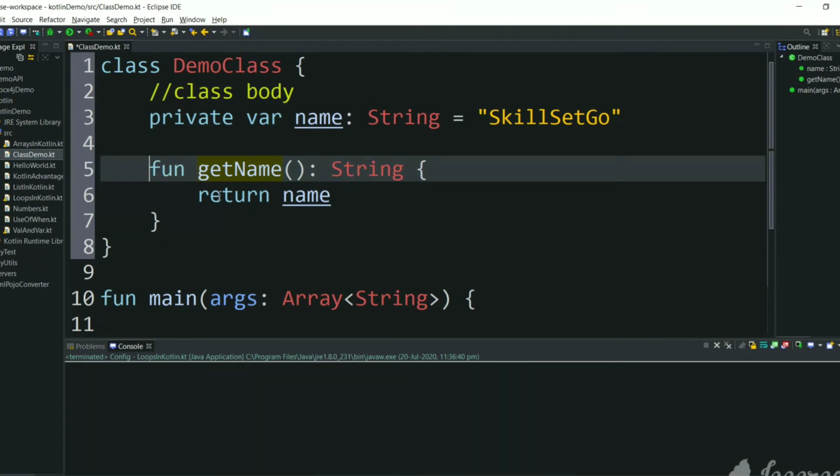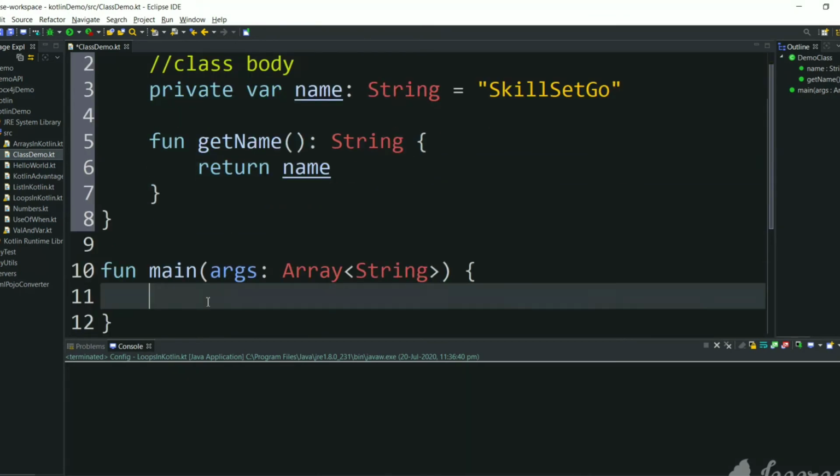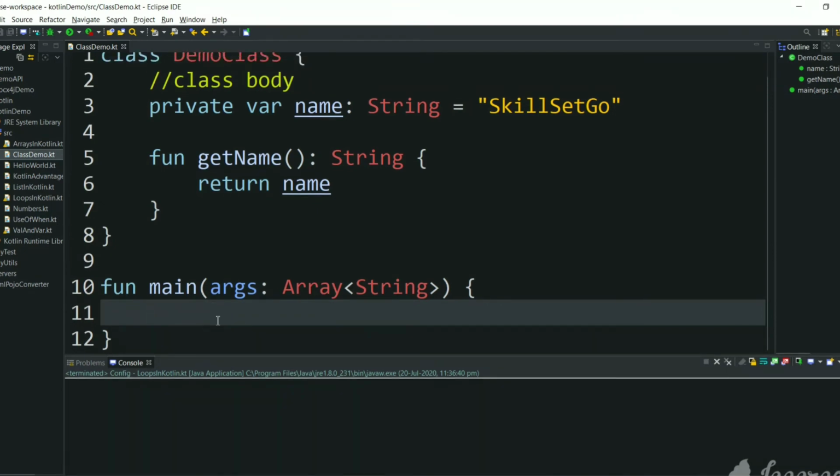Now we have created a class. Let's create an object of it. For creating an object in Java, we use the new keyword, but here we don't need to use the new keyword. Just declare val instance1 equal to, and just give the class name.